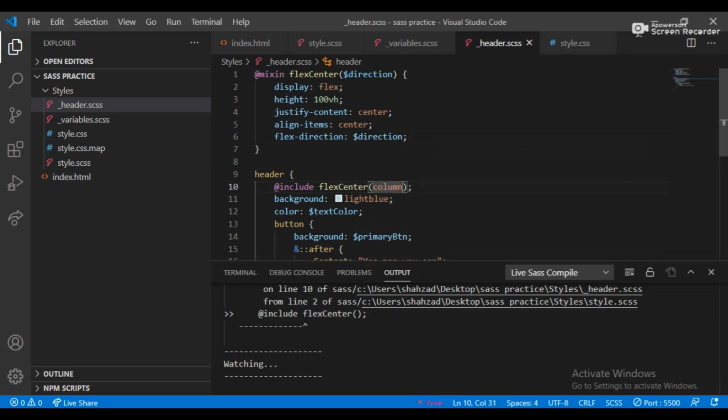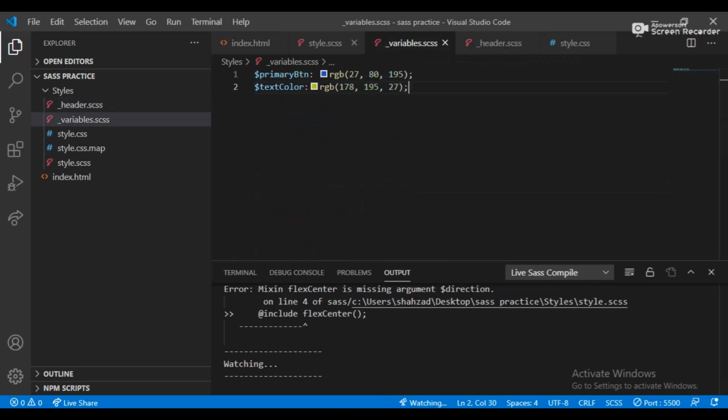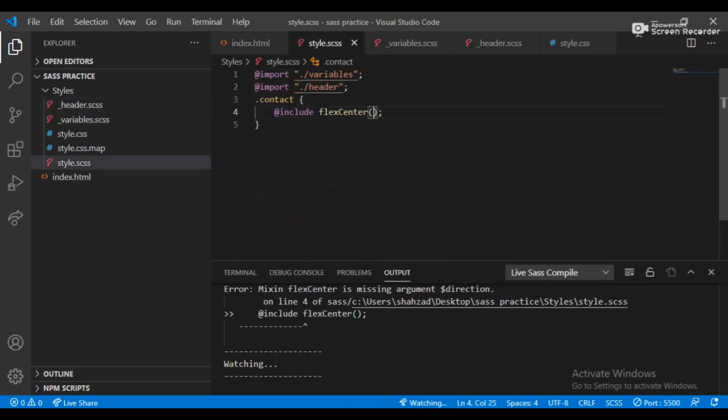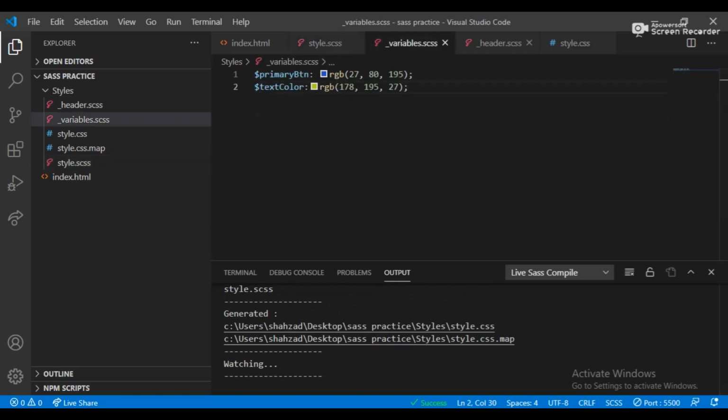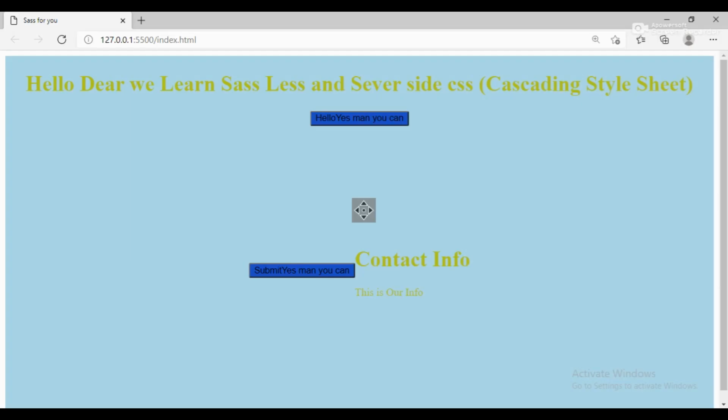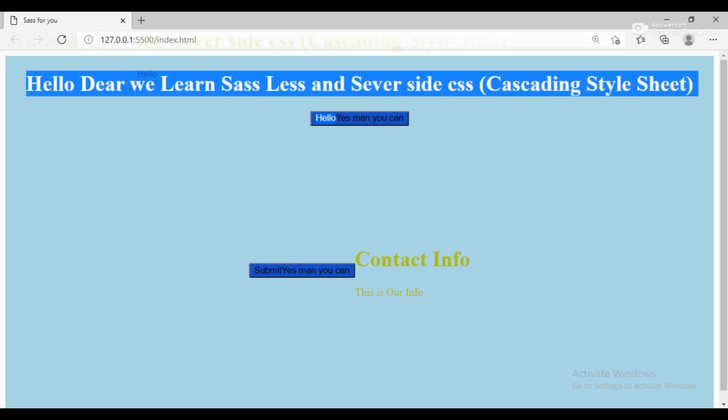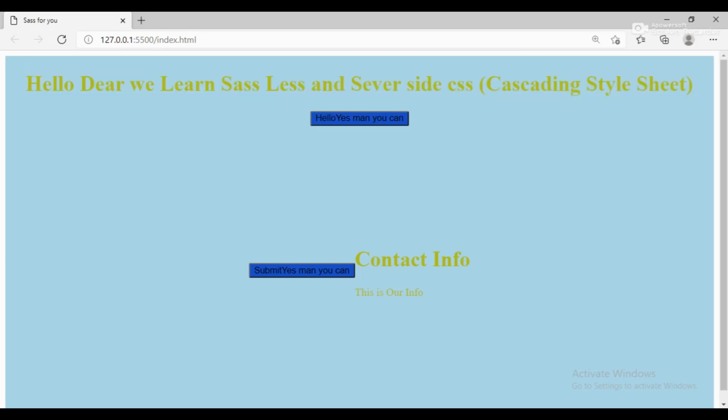So now we can see it works or not. So let's see. I think yeah, that's cool. And here I'm just using also the row. So contact should look like a row, and this looks like a column. So now you can see it works. The top of the LOD we learned this is in a column, and the contact form is in a row.